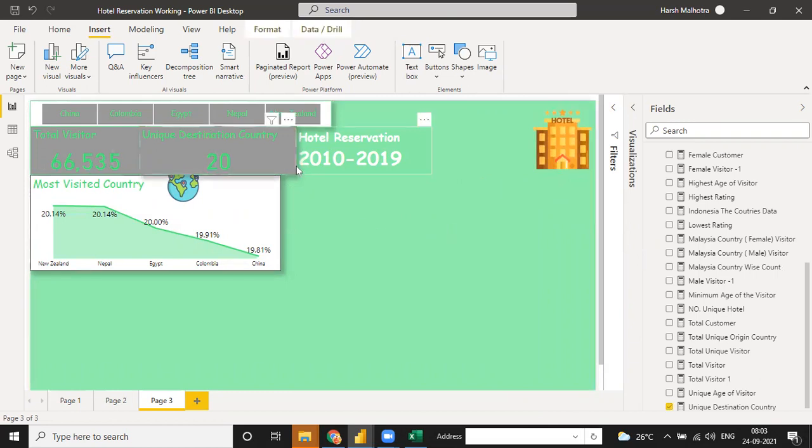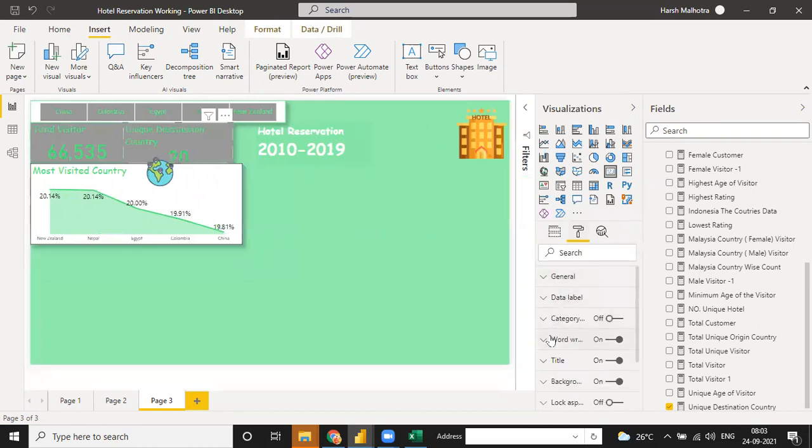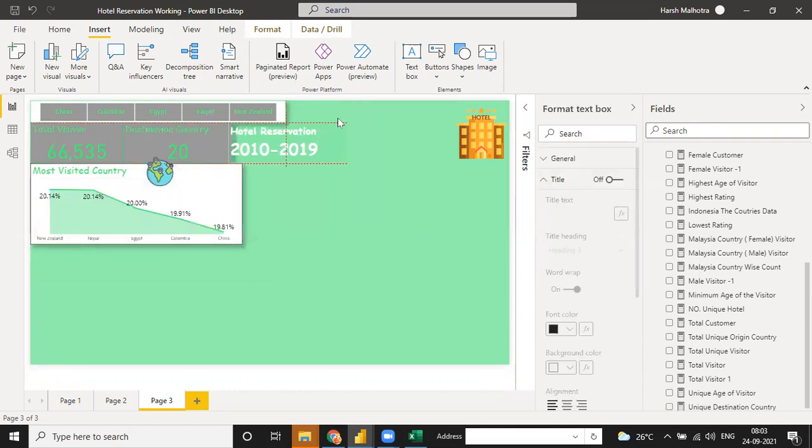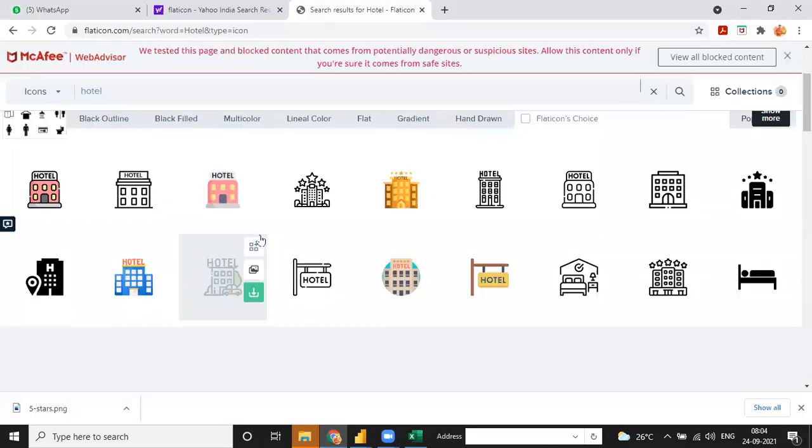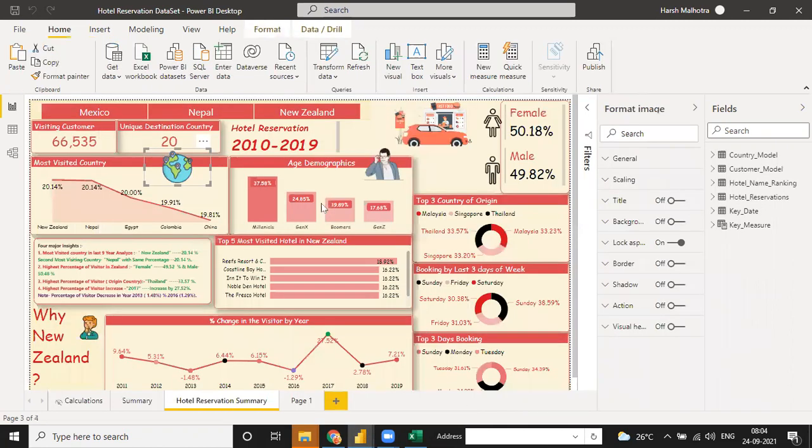You can add the image from your background, or I can just make this one smaller because the unique destination country is very large. So I just click on here, go to title, and click on destination, because it will take my space higher. So that is the reason. Okay, so now our first or second visualization, chart, slicer and name, and this area is done. So any doubt till now?